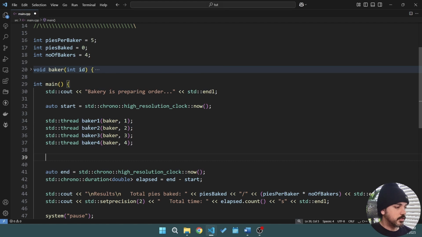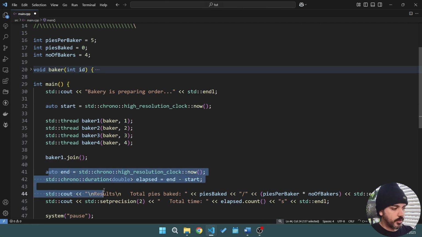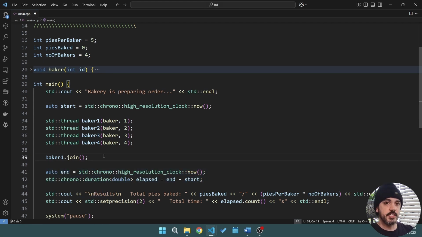So how that looks is that we're going to use these variables starting with baker1, and we're going to call that join function here. Like I said, what it's doing at this point is waiting for this thread to be completed, and it will stay at this line until it is completed. But if I just do that and say baker1 join, and I don't do that for the other threads, then it will wait for this thread. But if the other ones are still running, we're going to run into that same issue where it's just going to continue the main thread and ignore those other threads that could possibly still be running,